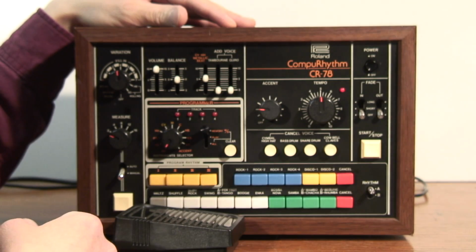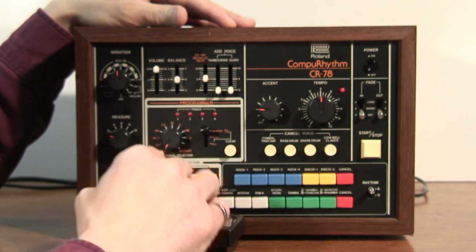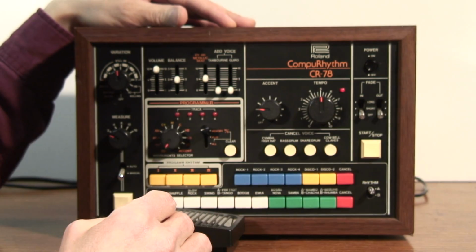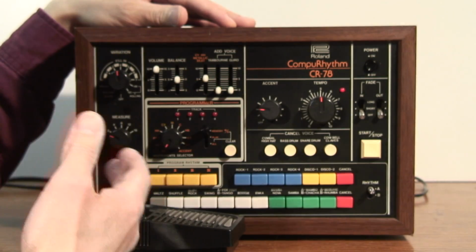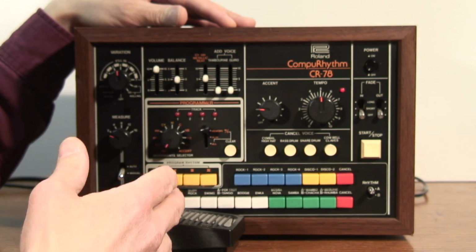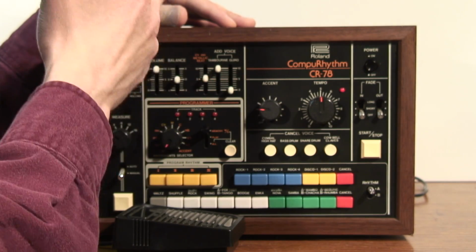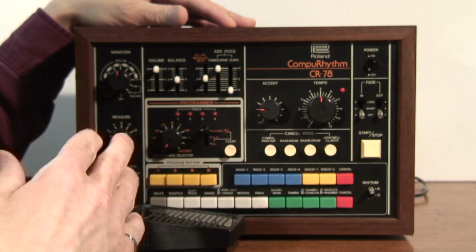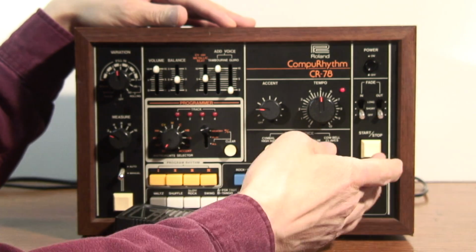So I'll put in a simple beat here. I'll put it up to the memory write location. Now before I actually hit start for the clock, there's no metronome or click to let you know where you are in the pattern. So there's kind of a trick here. You can turn the tambourine sound all the way up, and you can use that as an indicator on where you are in the bar. So I'll press start,